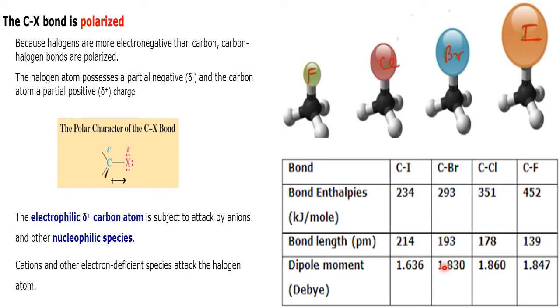So iodine being the largest in size, pulling that electron, normally fluorine is the most electronegative. Okay, so it pulls, and poles are created. Because of the creation of poles, dipole moment is there. But due to fluorine's small size, there are some problems. Chlorine being not so small in size, not so big in size, is moderate, so it can create poles very much. So dipole moment is more. All these data will explain the polarity between the C and the X, and the poles are created.